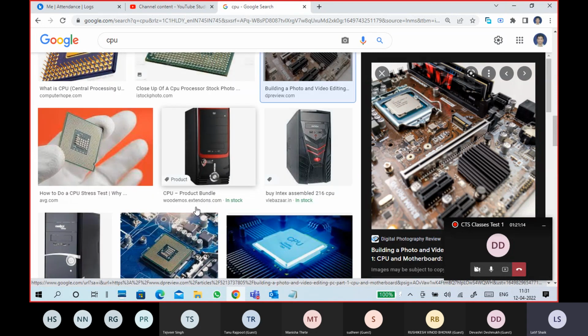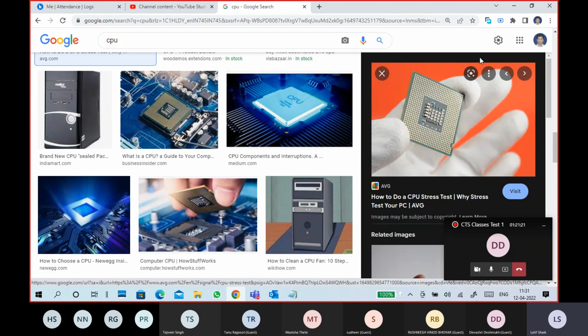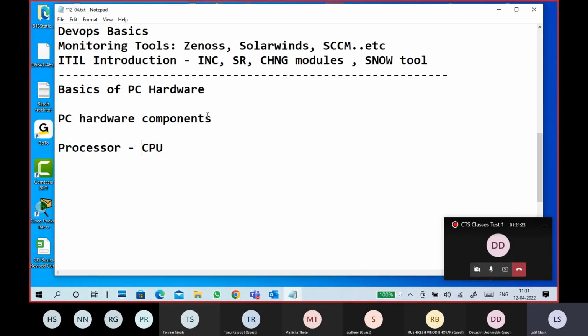Simply, a CPU is a chip which does processing, right? So what is basically a computer? A computer means whenever you give input, it takes the input, processes it, and gives the output to you, right? That process thing is done by your CPU only. Just basics I'm telling. Okay. Next,